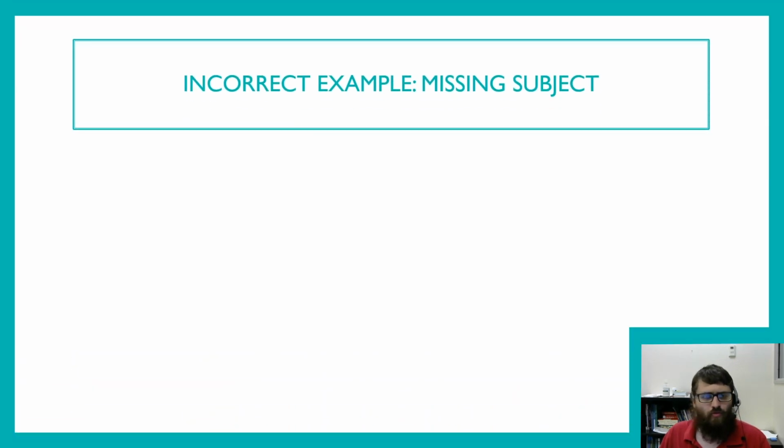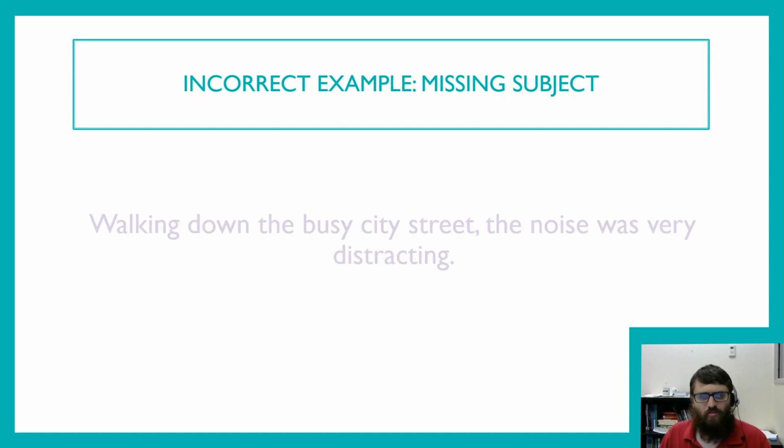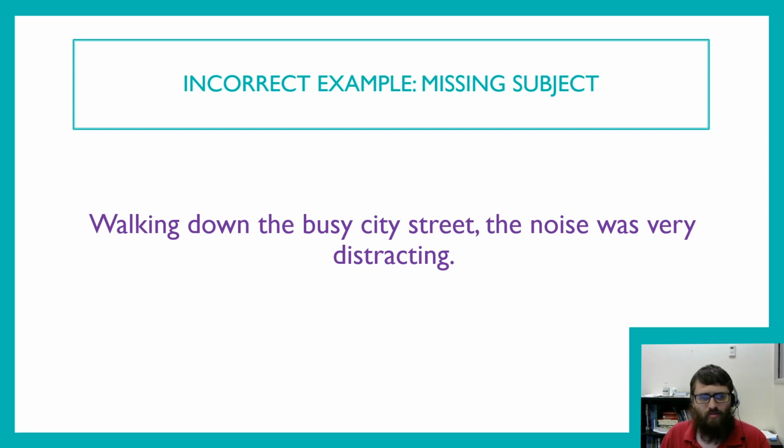Now we move on to the second type, the missing subject. An example of a sentence with a missing subject. Walking down the busy city street, the noise was very distracting. Now what's the problem with this sentence? The participle phrase, walking down the busy city street, is supposed to be acting as a modifier, but the subject it should be modifying is missing. Who is walking down the street? We don't know. The way the sentence is presently phrased, it almost sounds like the noise is doing the walking, which is obviously impossible. And to fix